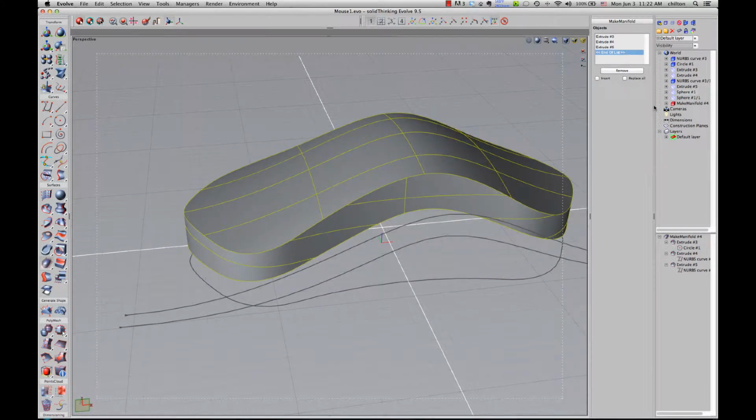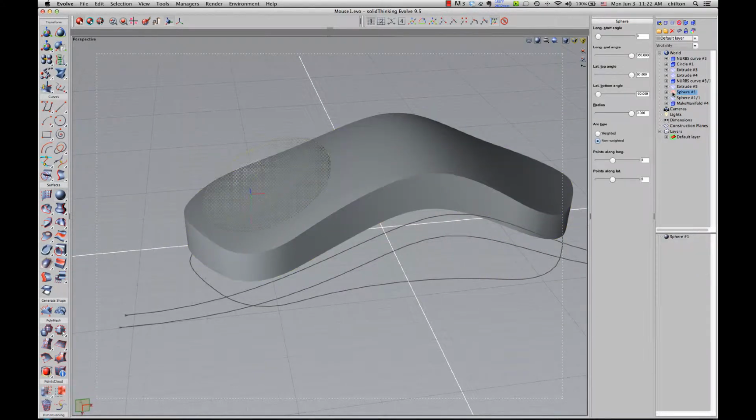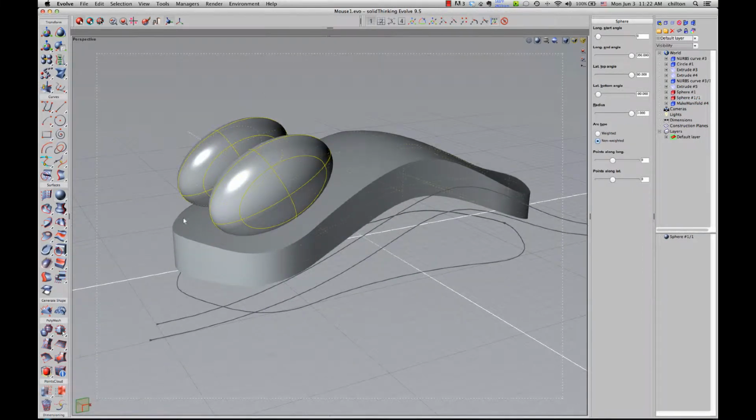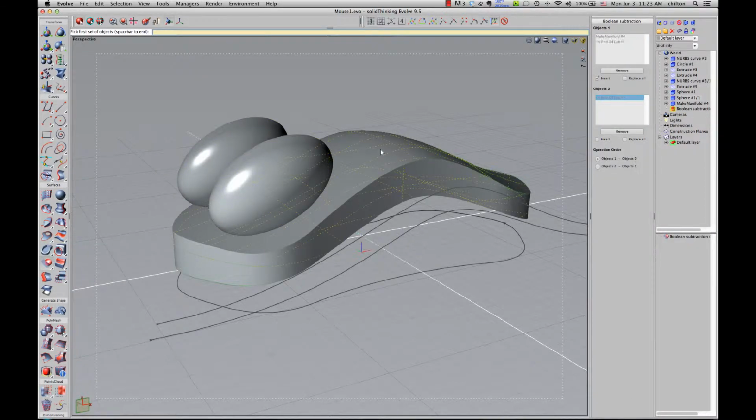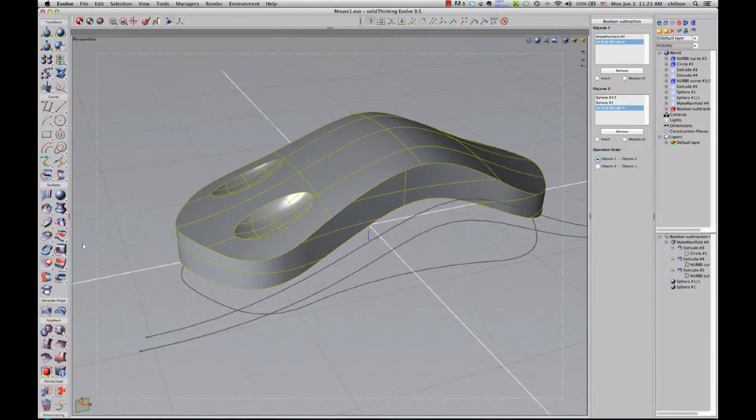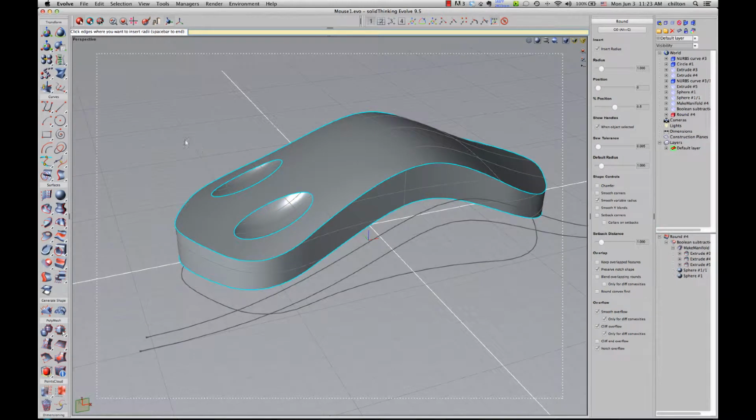And then the second thing I may want to do is add some details. So I have a couple spheres that I'll go ahead and turn on or unhide. And I'm going to use those to subtract these shapes from the base object. So I'm going to go ahead and use the Boolean subtraction. So I'll subtract from the main base the two spheres, and I'll add a round